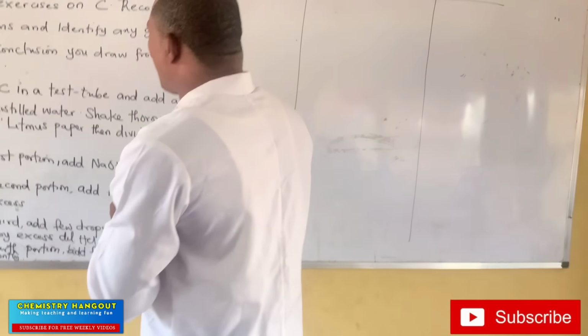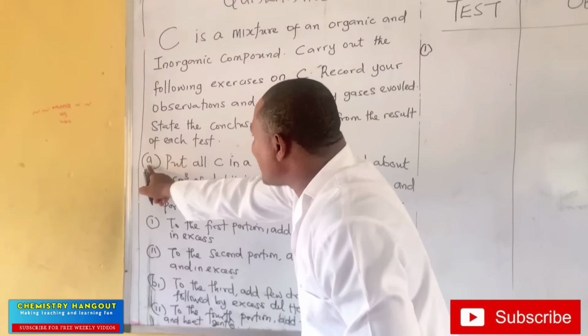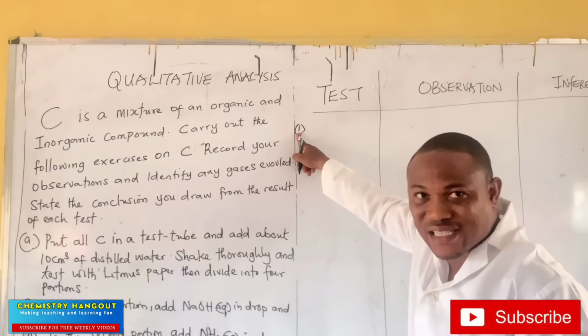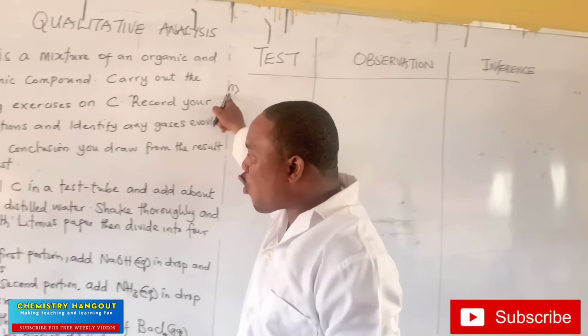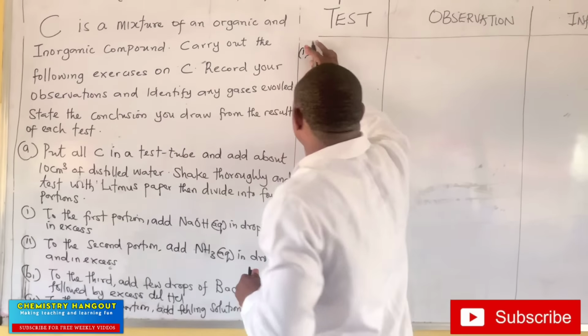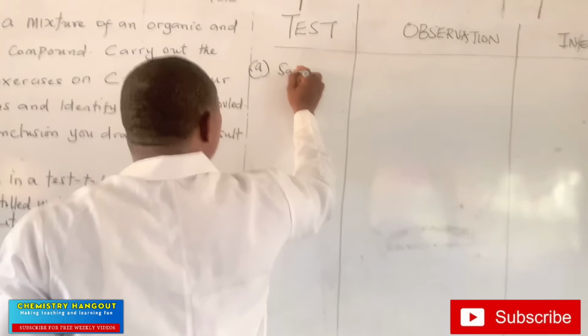So the first one, they said put all C. So we can now say 1. Look at this. They wrote A, I wrote 1. That's not correct. That's wrong. Let your numbering correlate with the question. Very important. So this is supposed to be A now. Okay. So we say sample C